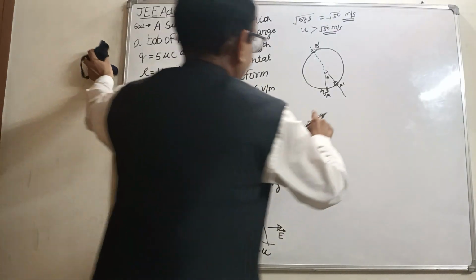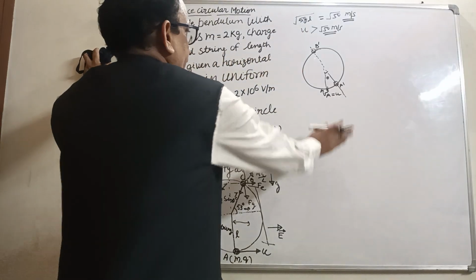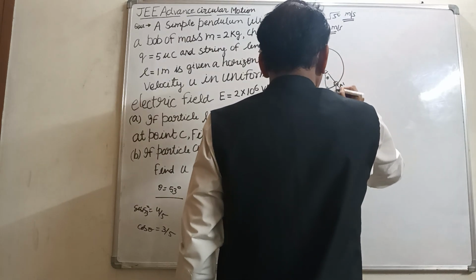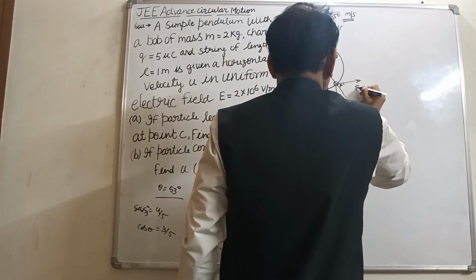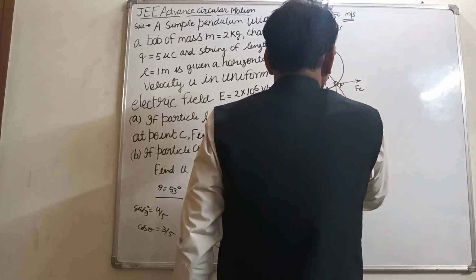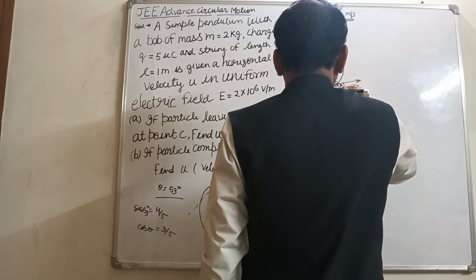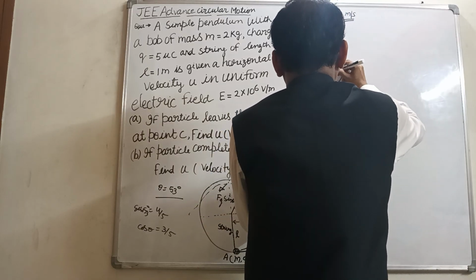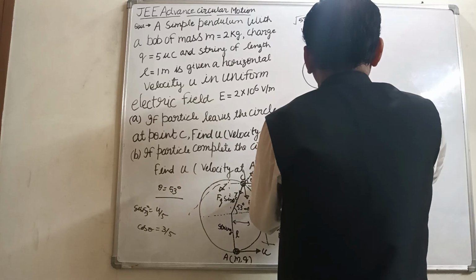So this is the initial velocity u, and we have to find the new equilibrium position. In this position, the mg force is acting in this direction, and this is Fe. So this is Fg and this is Fe, and the angle is theta here. This angle is theta, so this angle is also theta. This is the tension here, T at A dash, and we know the tangential component.